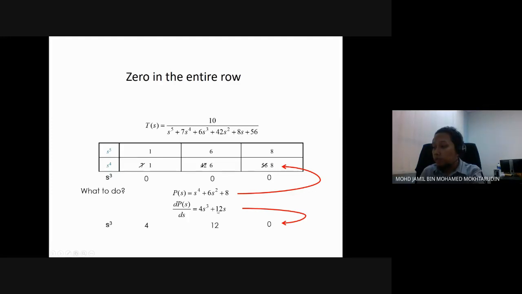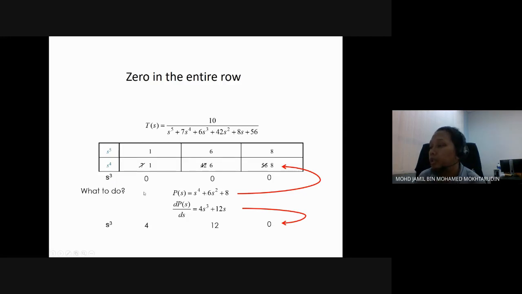You use the coefficient and put it in the row s cubed. So 4 you put in the first box, 12 in the second box, and 0 in the third box. Okay, so now you replace the row s cubed from 0, 0, 0 to 4, 12, and 0. So the steps are: